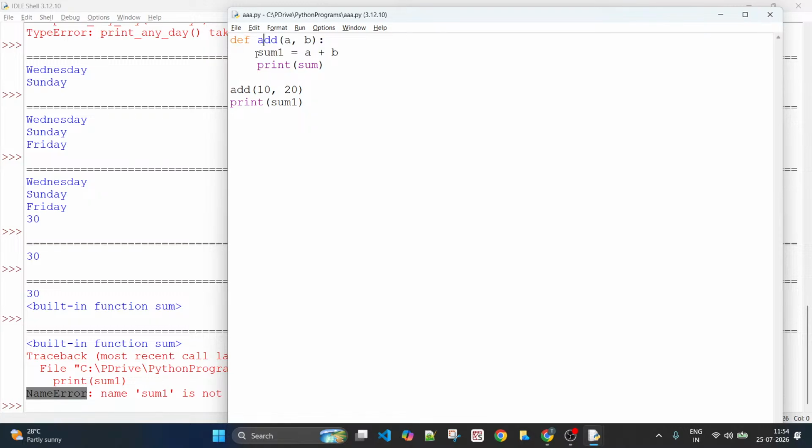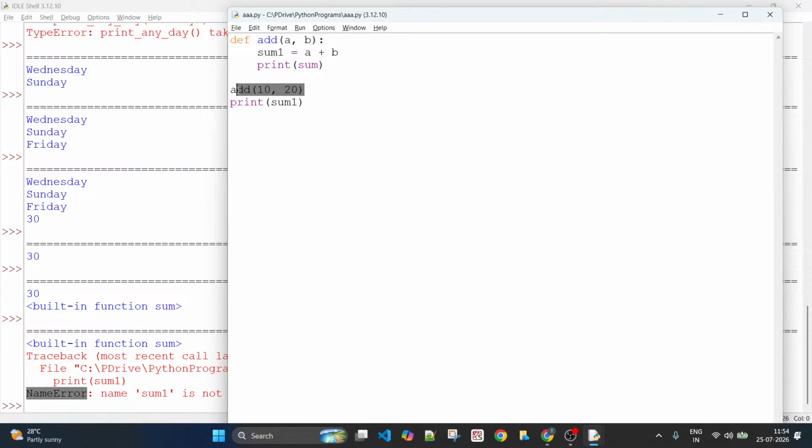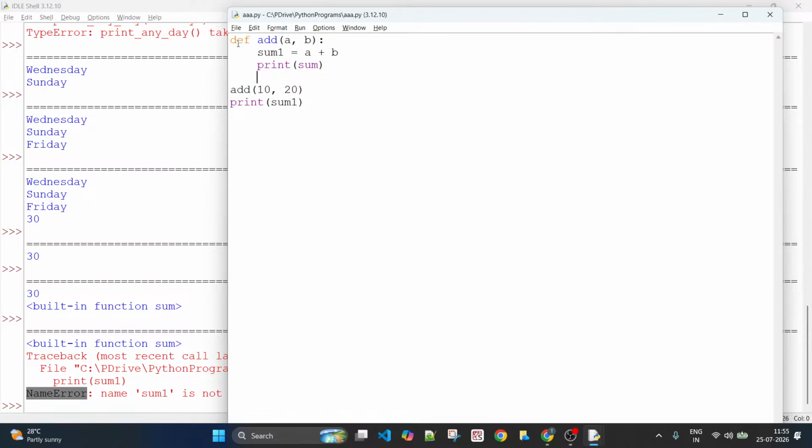Only these two statements are within the body of add, and these are outside of the body of the add function, right? So once you come out of the function body, you cannot access the variable sum1, or a, or b. That's why you get something called a name error. Make sense? You get a name error.